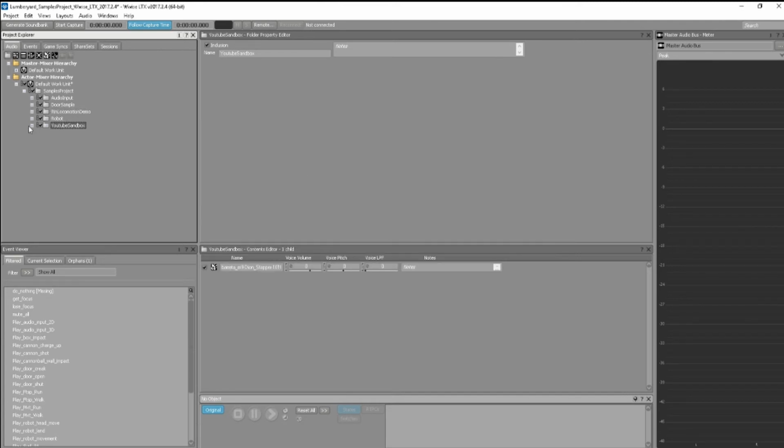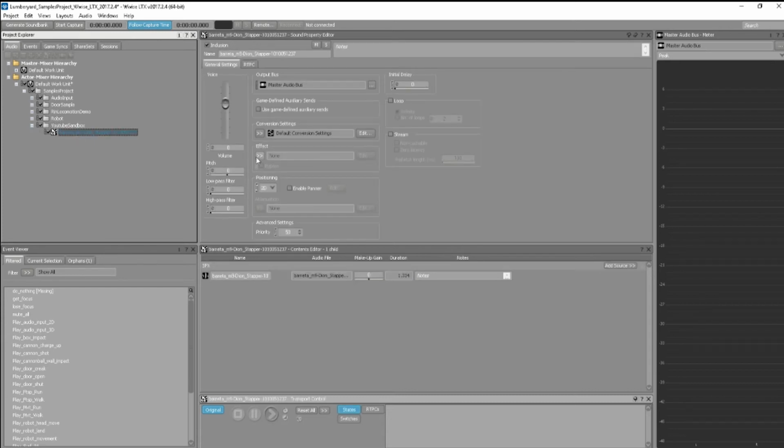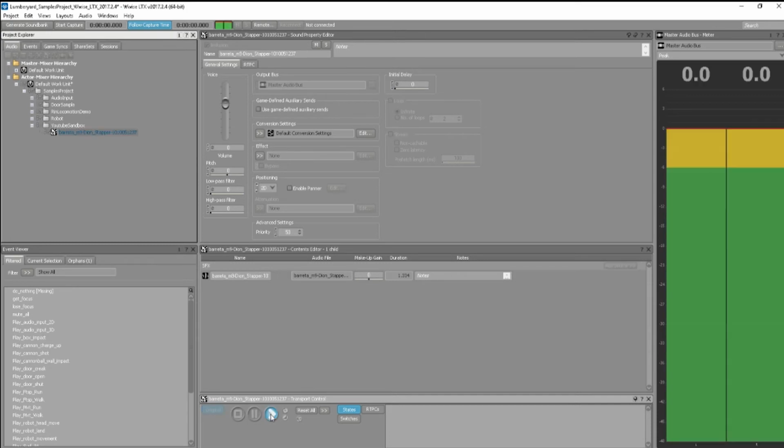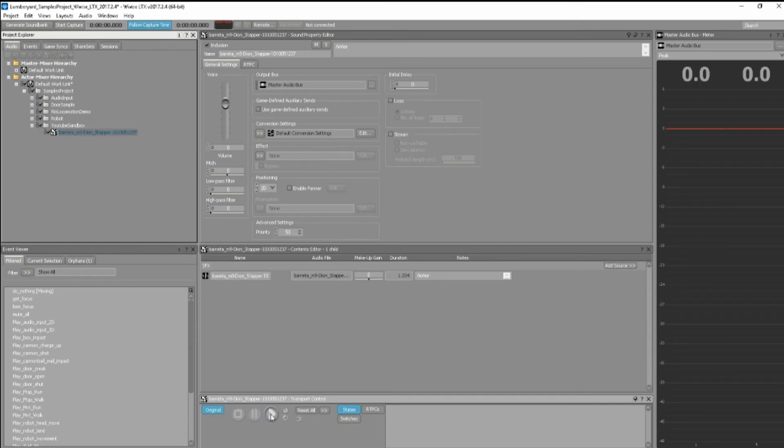Now, if I was to click on that sound, you see different settings pop up for the sound, and hit play, you have gunshot sound. Cool, huh? So now to get this to communicate with the transport layer in Lumberyard, we want to go to